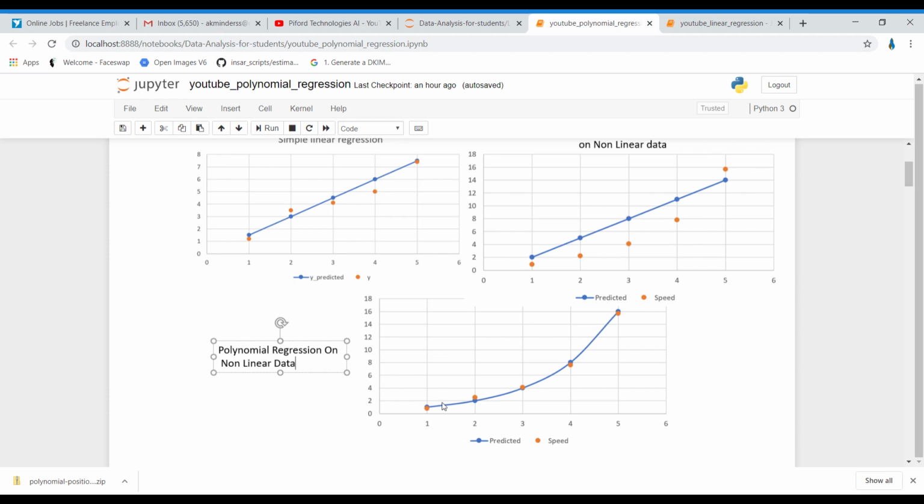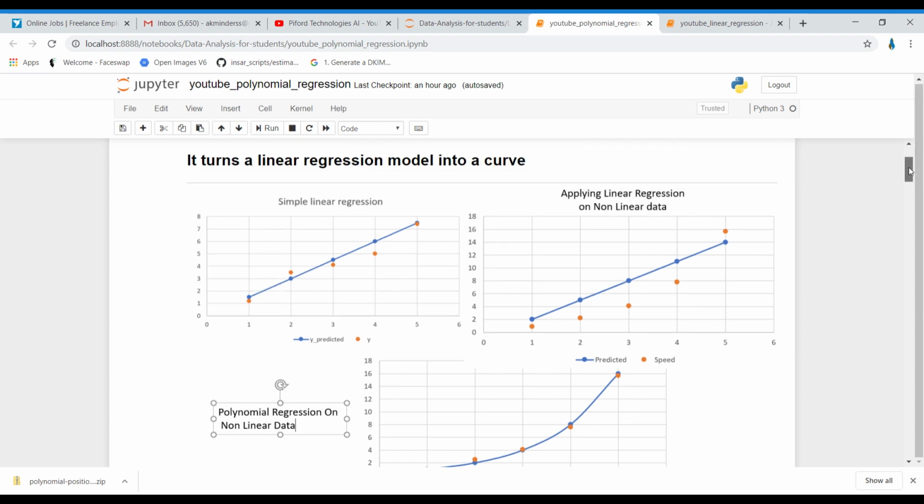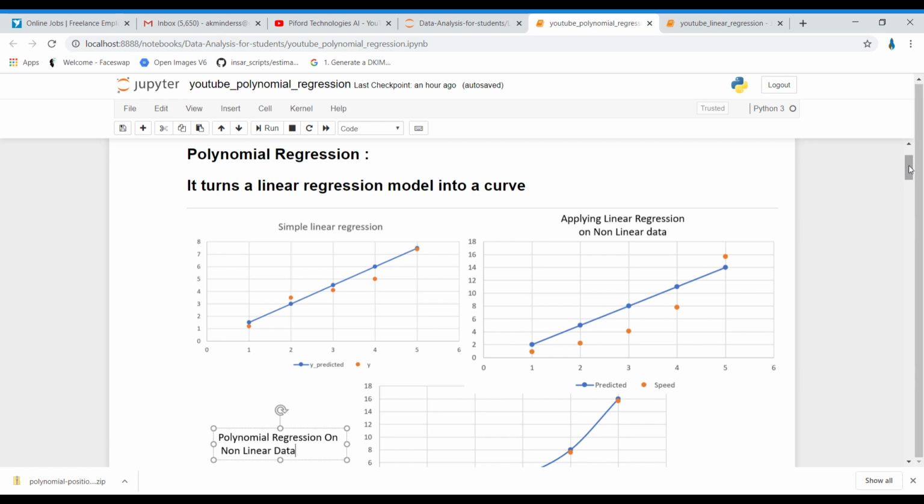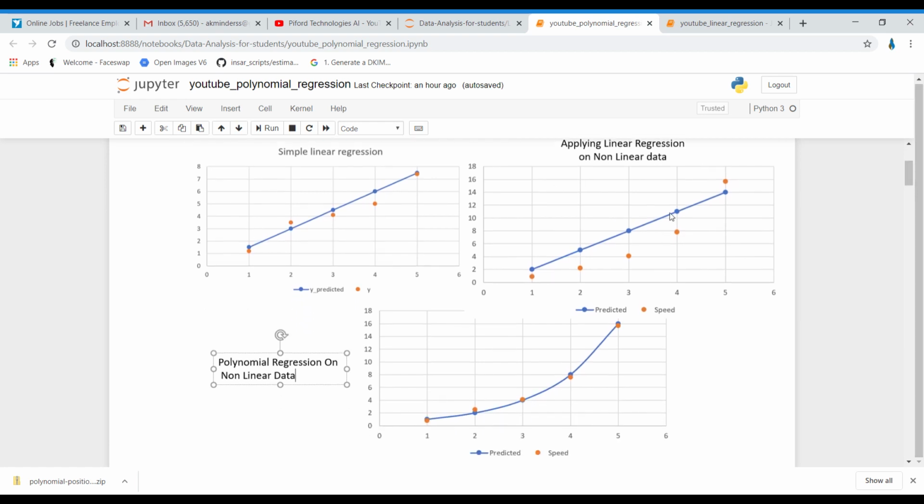And whenever you use polynomial regression, always remember, you will get a graph in the form of a curve, right? Polynomial regression turns a linear regression output into a curve.